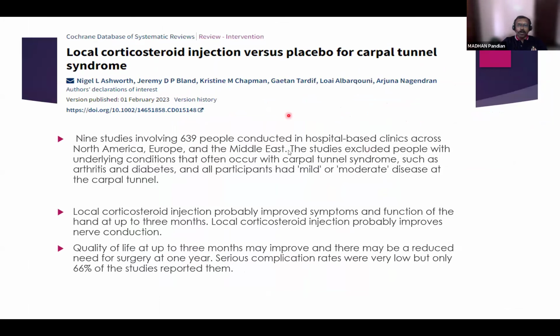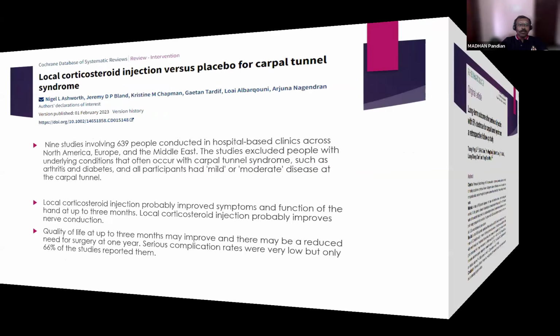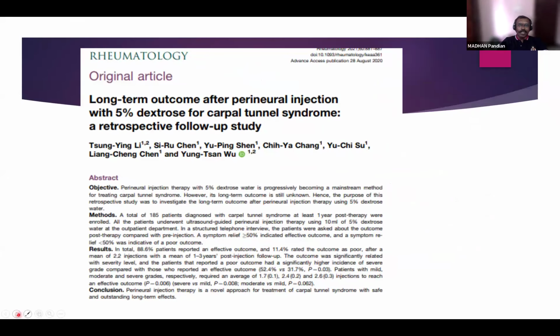It's like you could do an injection of steroid. You could do an injection of Botox. All these are giving short-term results, but long-term results are better given with 5% dextrose. Right? So there are plenty of studies to say that 5% dextrose improves the rate of recovery. In 88% of patients, the effective outcome was noted, and there are only some 11.4% of patients who